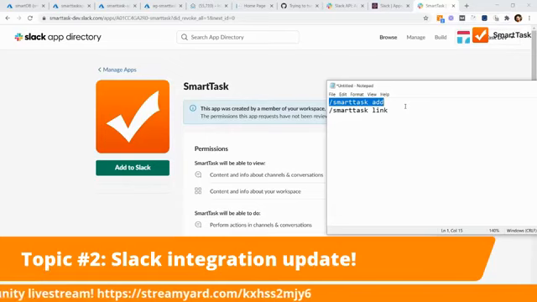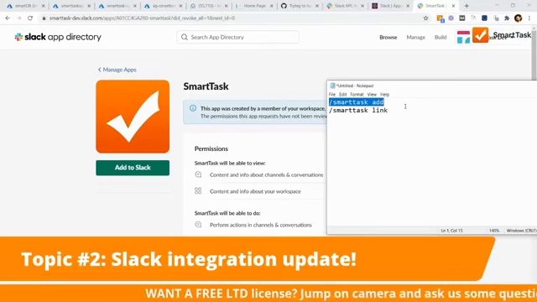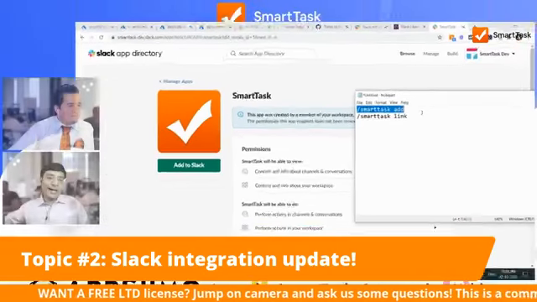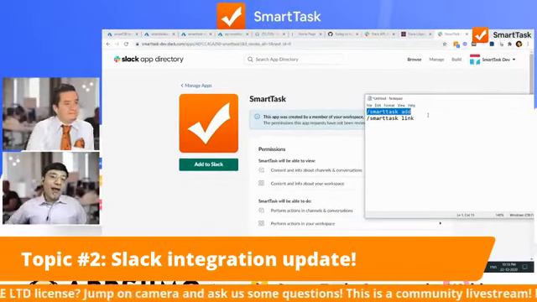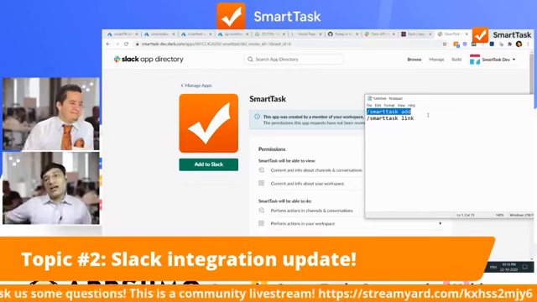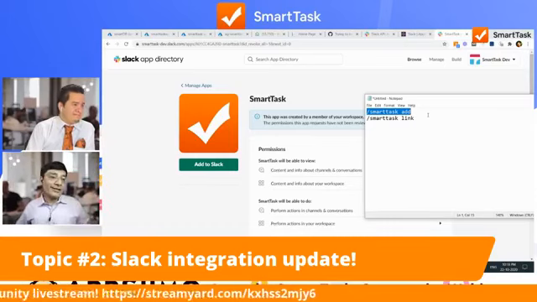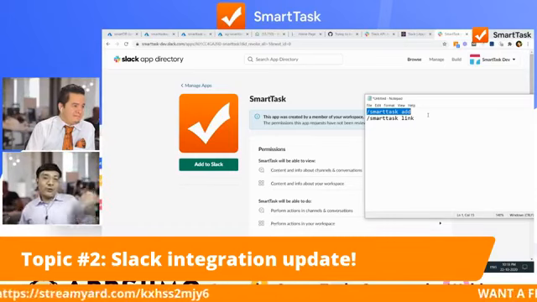You also have a way, let's say you are conversing with someone and you find that this needs to be a task somewhere. In that case, there is a more icon at the end of the conversation to click on. And from there itself, you'll be able to add your comment to a particular task in SmartTask. So this is already something which is in the works. We hope to release it soon. So I wanted to discuss that.